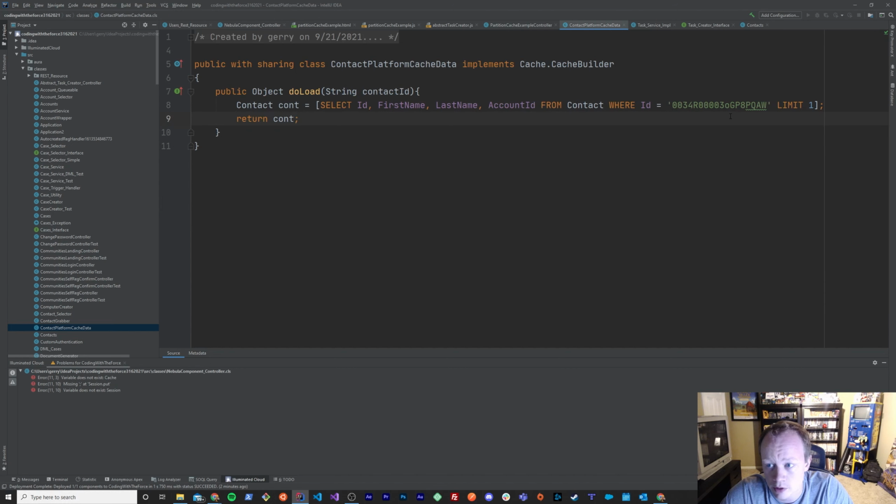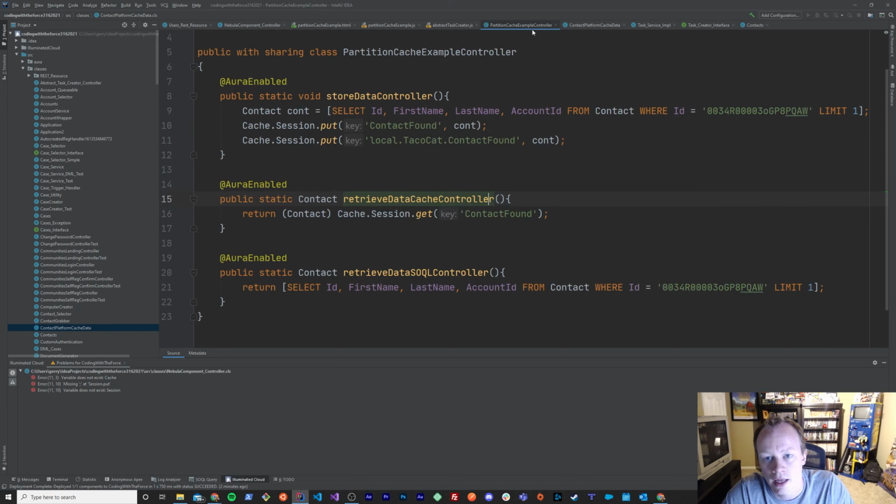Oh, I kind of did this wrong. This should be looking to my contactId variable, right? And I would say .get, and basically what I end up doing is I call the contact